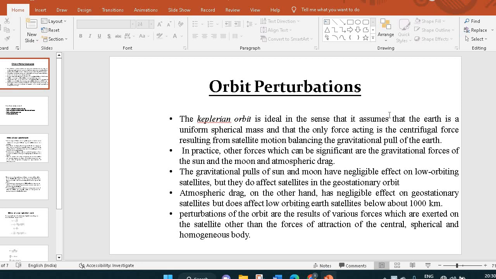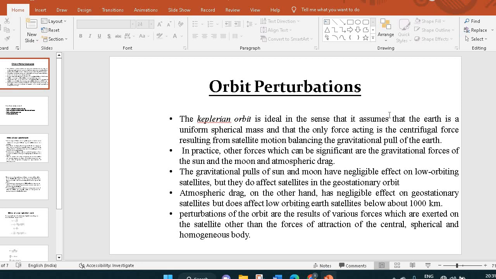Moon and atmospheric drag. The gravitational pulls of Sun and Moon have negligible effect on low orbiting satellites, but they do affect satellites in the geostationary orbit. Atmospheric drag, on the other hand, has negligible effect on geostationary satellites but does affect low orbiting satellites below about 1,000 kilometers. Perturbations of the orbit are the results of various forces which are extant on the satellite